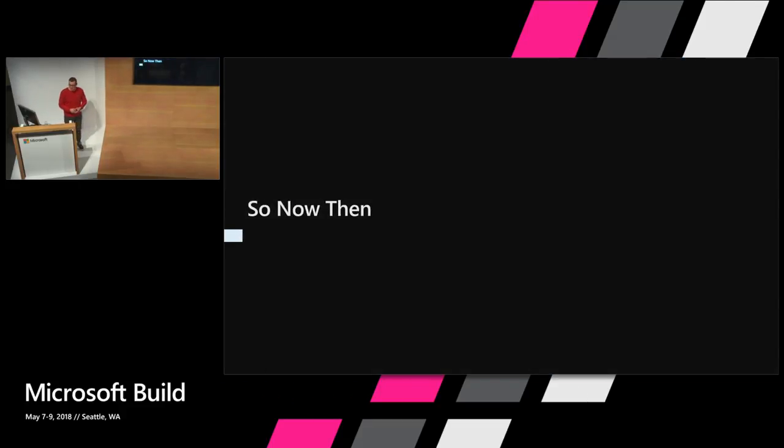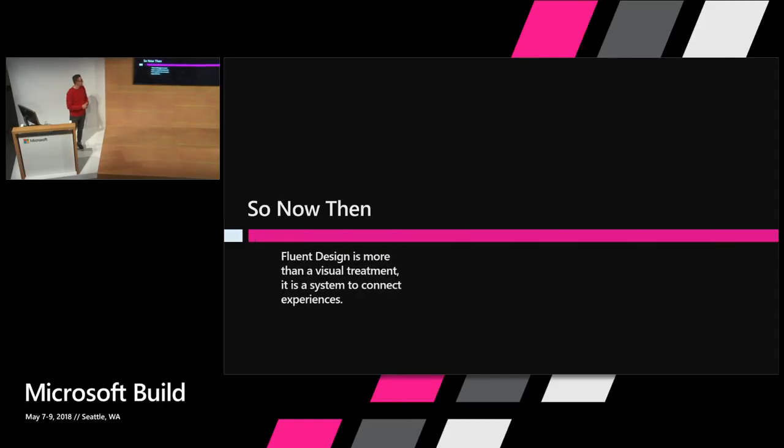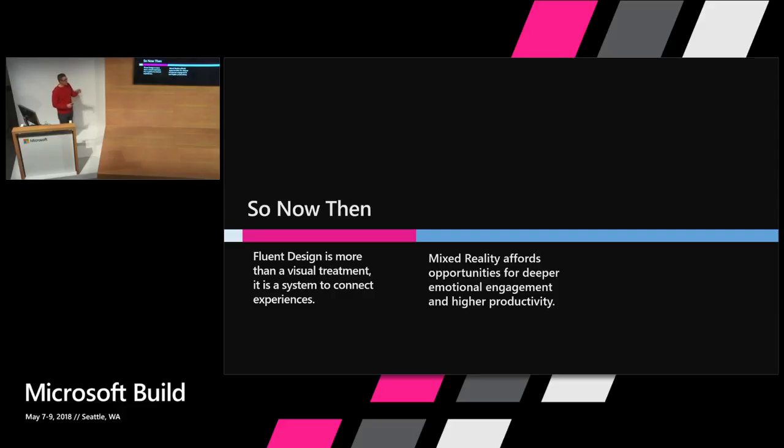So, to recap, Fluent design, beautiful but functional. It's there to help connect all of our devices across our ecosystem to create a better, efficient developer workflow, as well as an incredibly smooth workflow for our customers that will create that emotional connection and keep them in the flow. Mixed reality and taking those apps and moving them around you spatially actually deepens that emotional connection and helps keep people in the flow, because they're using those relatable, natural interactions that they're used to in real life.